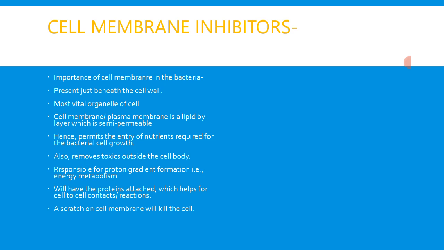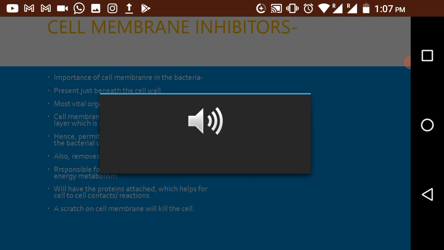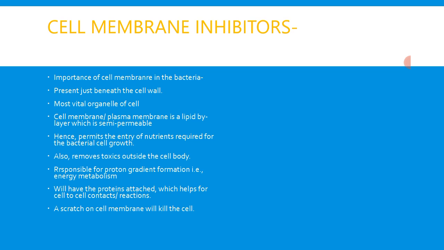It will allow the nutrients from outside that are essential for bacterial growth and development, and it is also responsible for excreting toxins from the bacterial cells which are harmful to the bacteria, so they exit through this membrane. Okay,